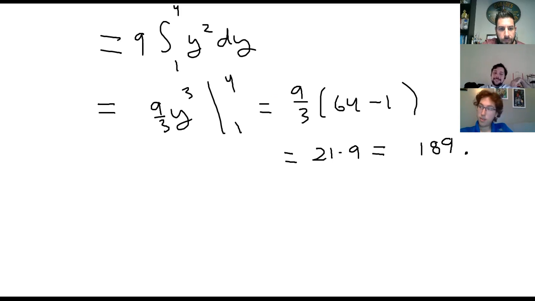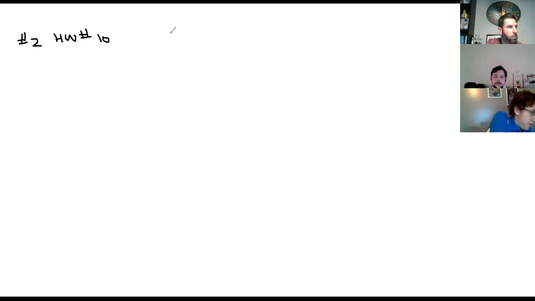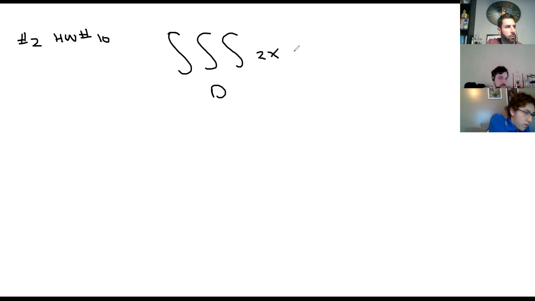All right. So let's look at another example, and this is going to be problem 2 on the homework. So we have a triple integral over some region in three-dimensional space, and we're integrating 2x dV. And what is D? I'm describing this a little differently than we described things in the past. D equals the region